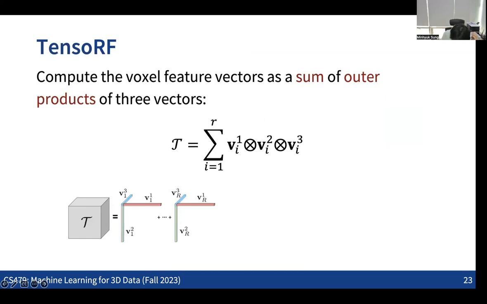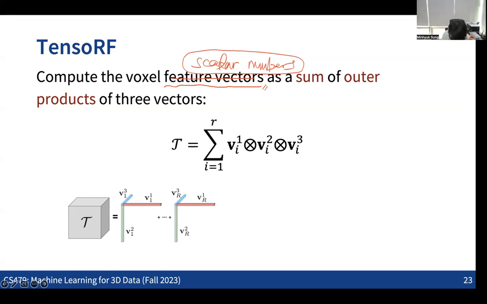So what we are going to do now is compute some kind of feature vectors in the voxels, as a sum of the outer products of the 3D vectors. Actually, this is maybe not feature vectors, but scalar numbers. Let's think about having opacity values for each of the corner points in the 3D grid. One way to encode this information is to directly encode all the opacity values for each of the corner points.